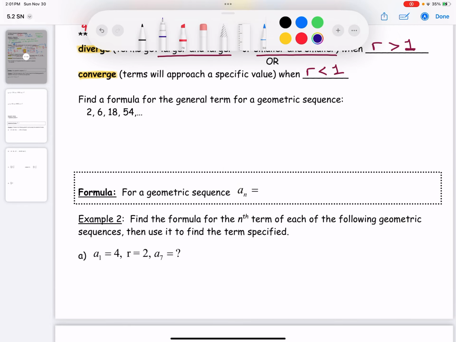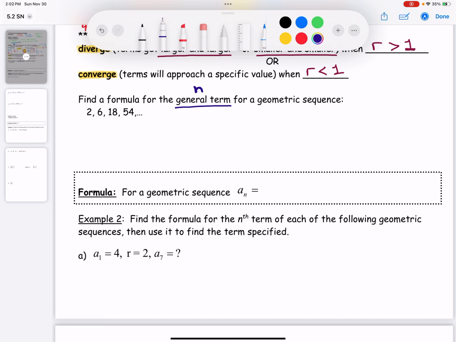All right, so when we're looking for a formula for the general term, that's when we're looking for a formula that will find n. It's pretty much a formula that we can use to find any term in the sequence. So just using some exploration here, we would kind of say, how are we getting to each one of these numbers? And if you look,